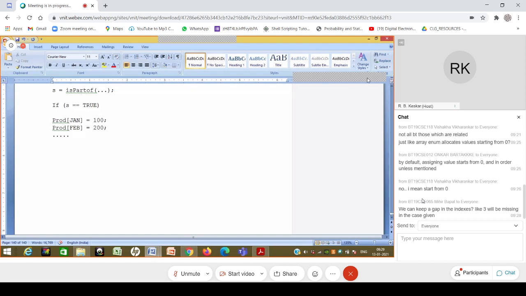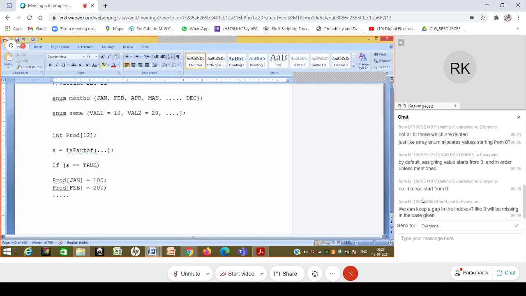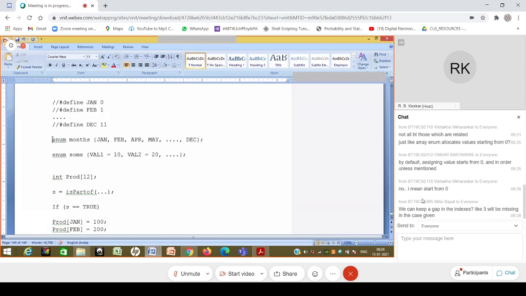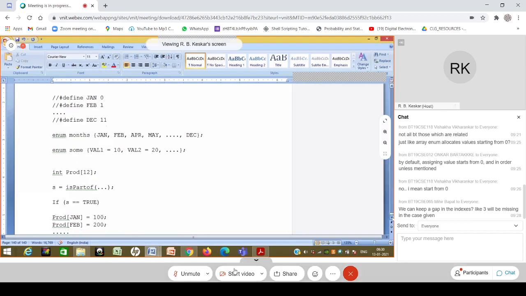It looks nice. The second part which has happened over here, I don't know whether you have realized, is that enum months is actually a type. So we have just defined another data type, just like we defined struct. So this is a user defined type. So the programmer has just defined the type, which is enum months. So if I require a variable of enum months type, I can take that. What does it mean? I will show you.